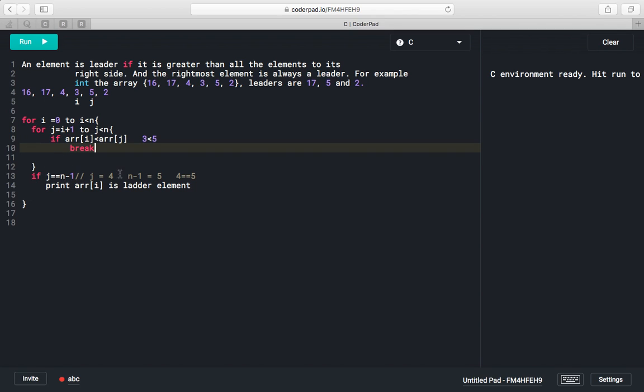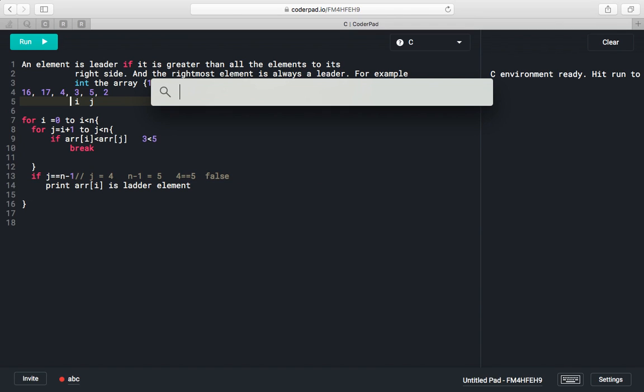So here we will have arr of I as 3 and arr of j as 5. So right now j will be 4, and n minus 1 will be 5. So still it is false. This condition will be false. So we won't print 3 as a ladder element. So at line number 15 we will increment our I index. So I will be here